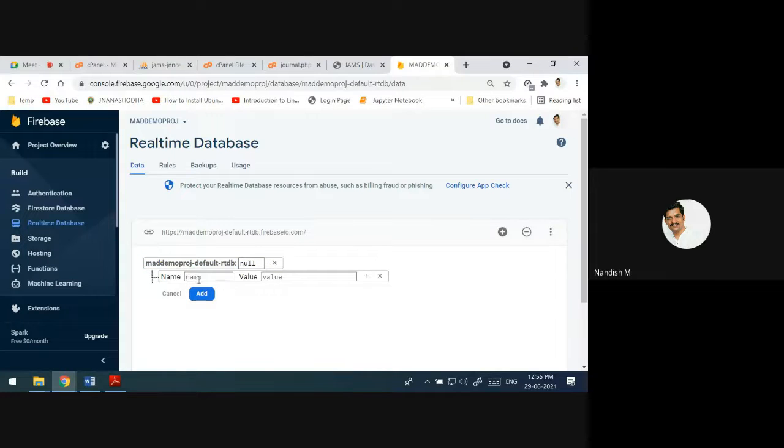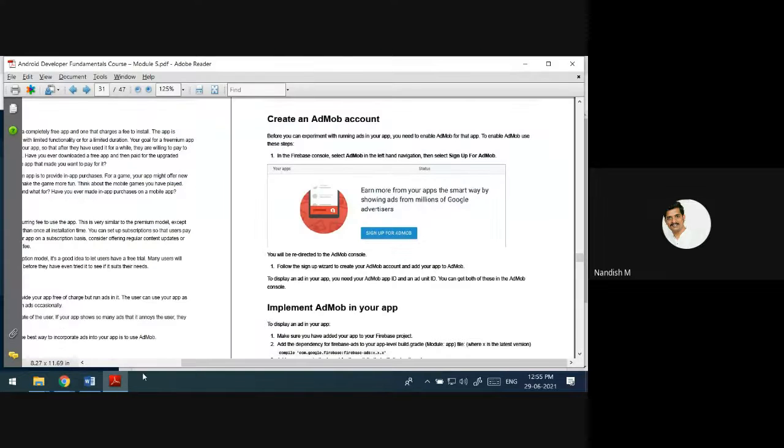You can start adding the name and value. Name 1, that is the name I have given. Here, key value pair. This is how the data gets stored inside the project, MAD demo project.